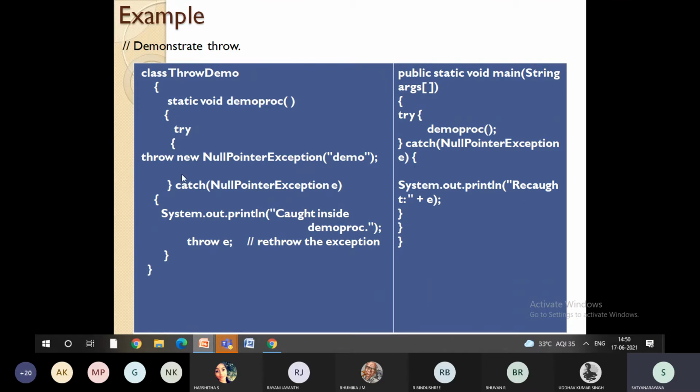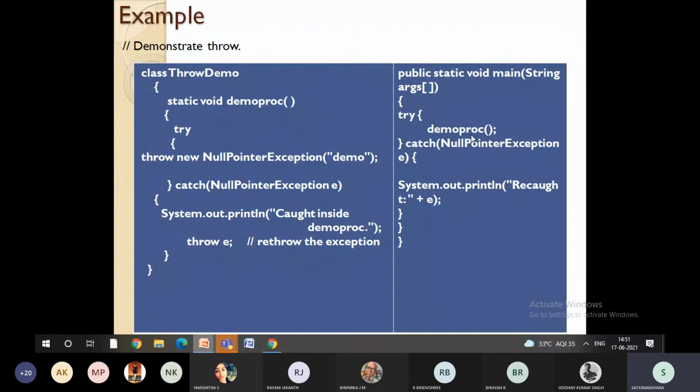So when you put the throw, it will throw that exception to the catch block. But in real time, you need not use the throw keyword. The throw will be a default activity in Java. The moment it comes to try and finds the exception, it will directly throw that to the catch block. There should be one catch block to handle it. If the catch block is not there, the default handler is going to handle that particular exception.